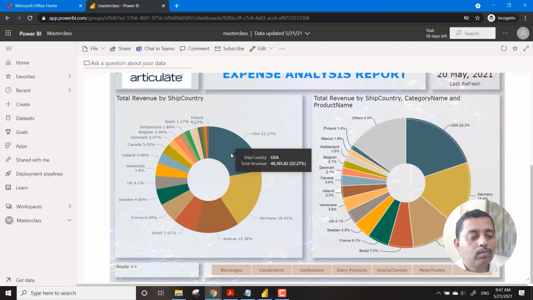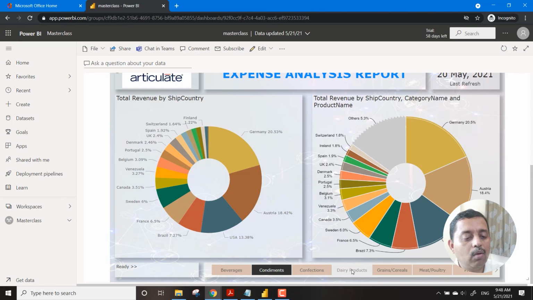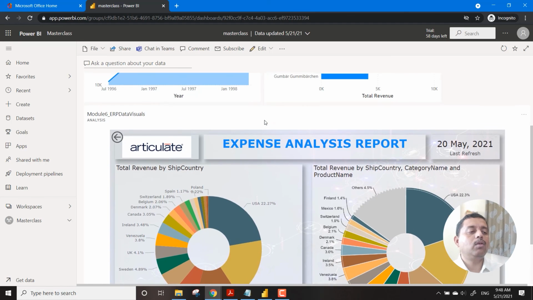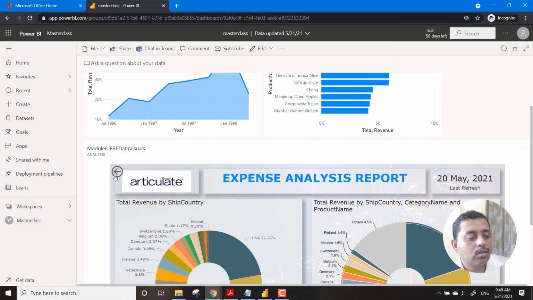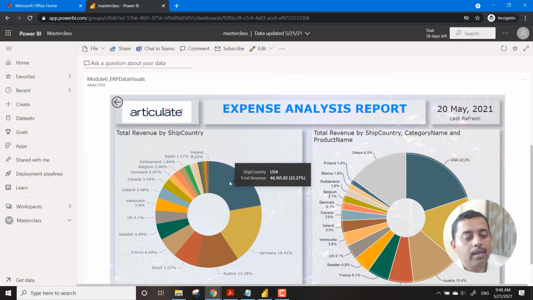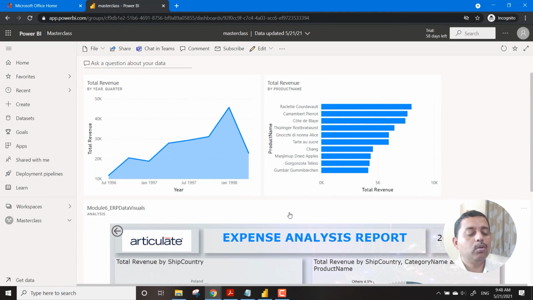The only thing you need to understand is that this is a kind of visual which allows you to slice and dice only on this page. You cannot drill down over here, so we need to be aware of that. For that, you always have to go to the report page. Certain things will not work: the back button, the drill down button and all these things will not be working over here. This is the very minimalistic approach of seeing a dashboard as a view in a tile.